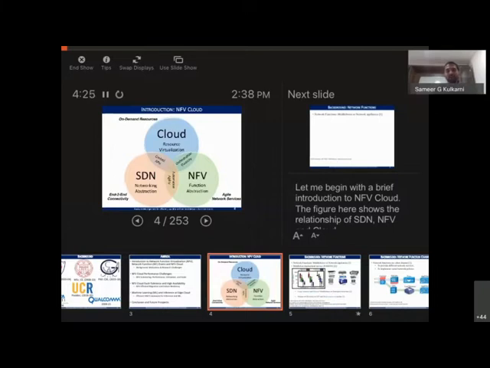What it has now led to is what I call the NFV cloud. This has been a phenomenal development, not just for telecom operators, but also for service providers, enterprise networks, and data center owners. Majorly, what it tries to bring is agile network services. We'll look into how these integrations have occurred over the years and what challenges have emerged due to these integrations.